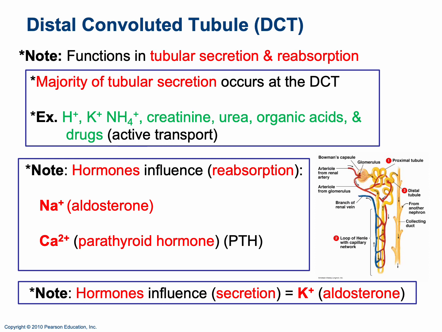All right, the next section of the nephron we're going to take a look at today is the distal convoluted tubule. The distal convoluted tubule is right after the ascending limb of the loop of Henle. This functions in tubular secretion and also reabsorption. In fact, the majority of tubular secretion takes place right here. So you have a lot of various items that we need to get rid of out of the blood into the nephron and